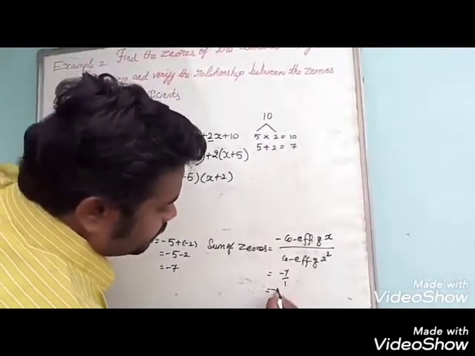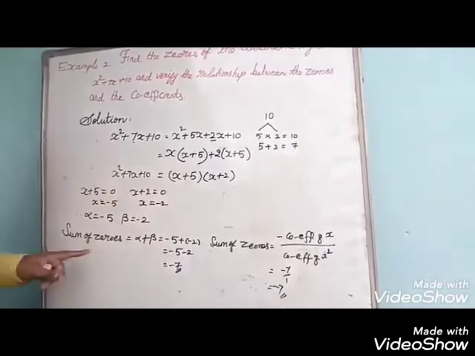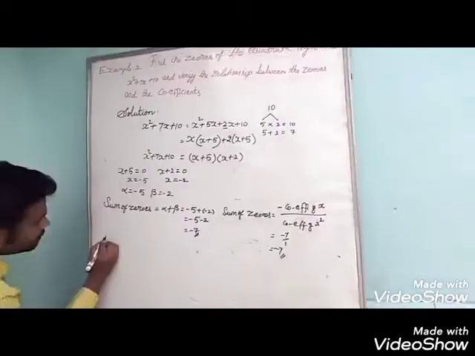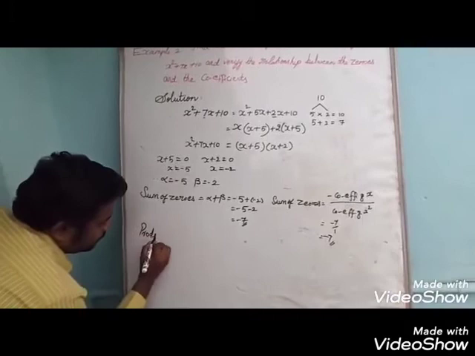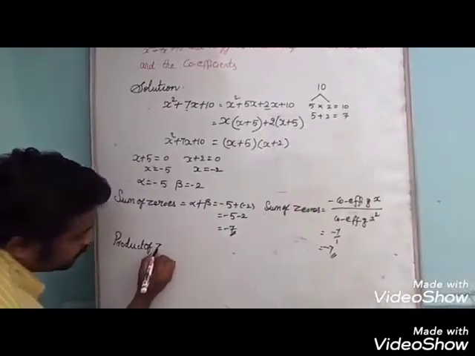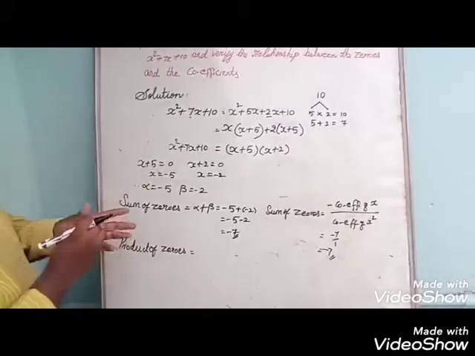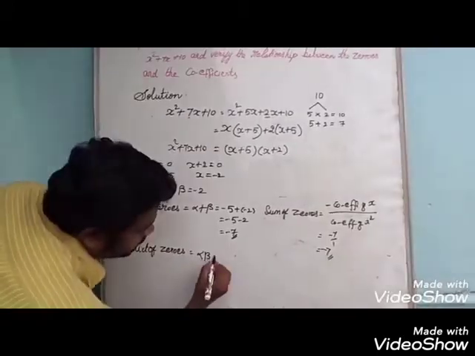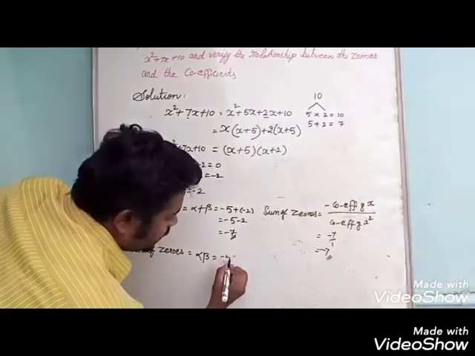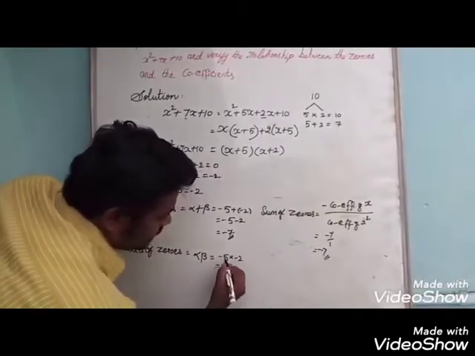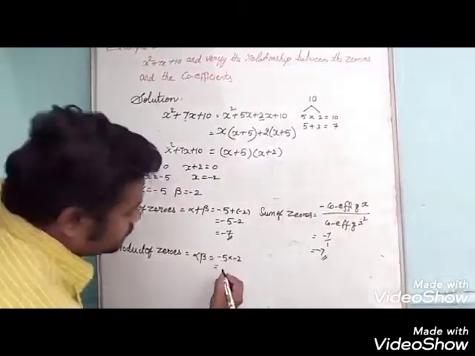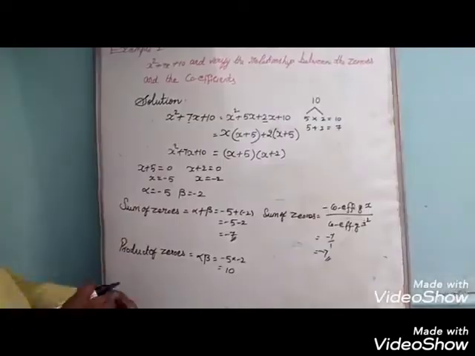So minus 7 divided by 1 is minus 7. So the sum of zeros is verified. Next we do the product of zeros. Product of zeros is always alpha beta. So minus 5 into minus 2: minus into minus is plus, 5 into 2 is 10. The same way,